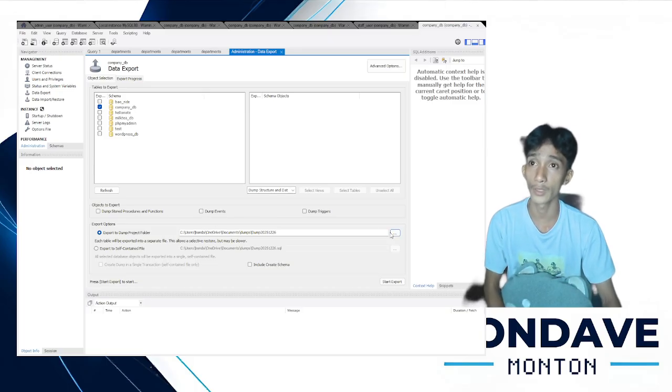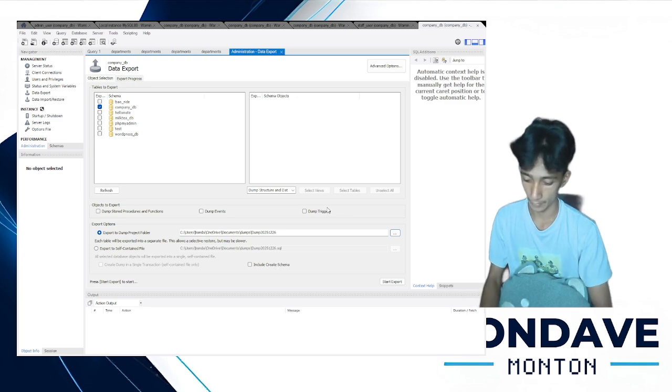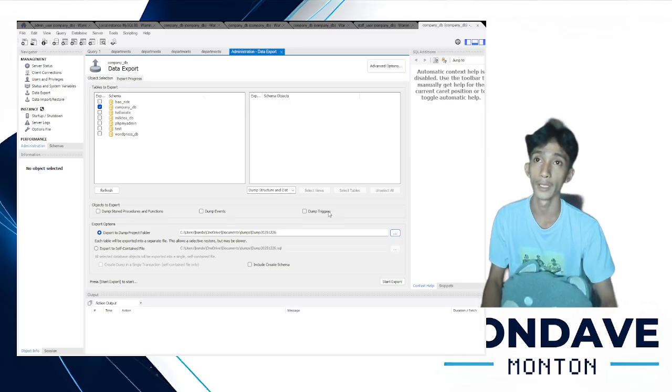Then we select the file path, our desired file path, for example here in the downloads, and create a new folder called backup in the downloads.